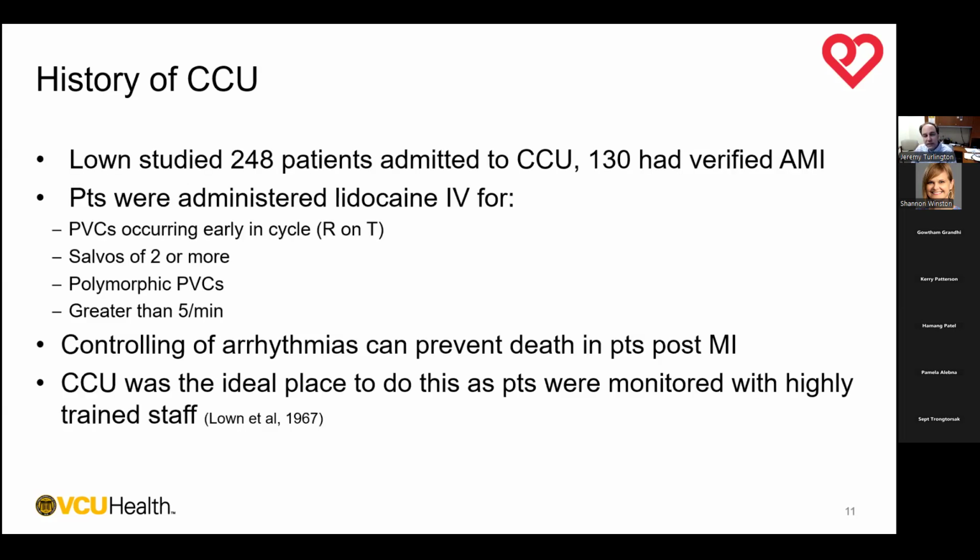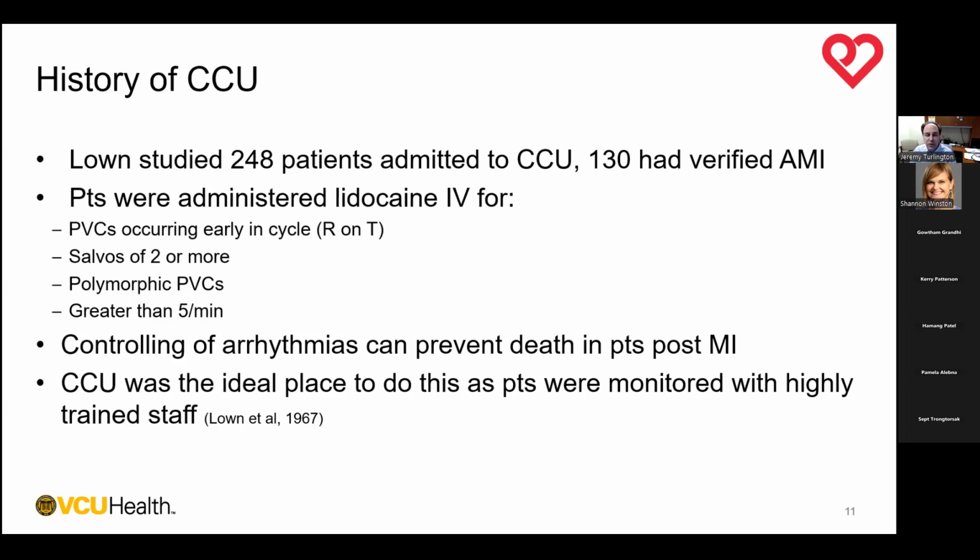So Lown actually studied the first approximately 250 patients to come to his CCU. 130 of them had a verified acute MI based on history, EKG changes, and elevated SGOT. What they were actually looking at, not only were they just defibrillating, they were trying to prevent arrhythmias. So they saw